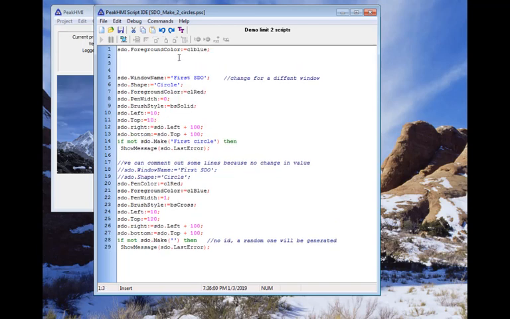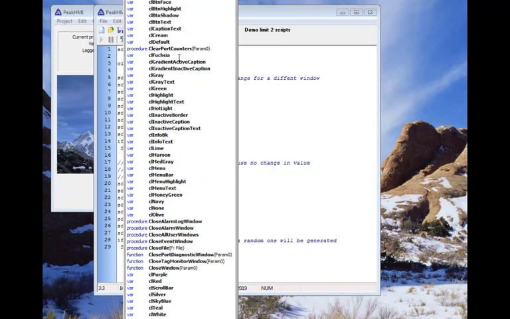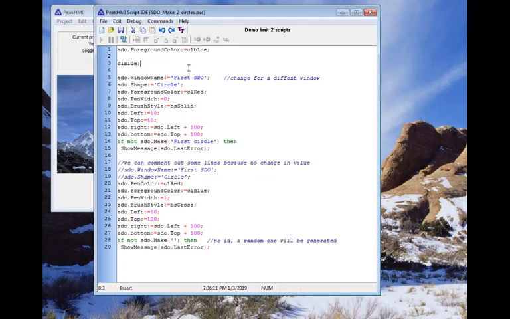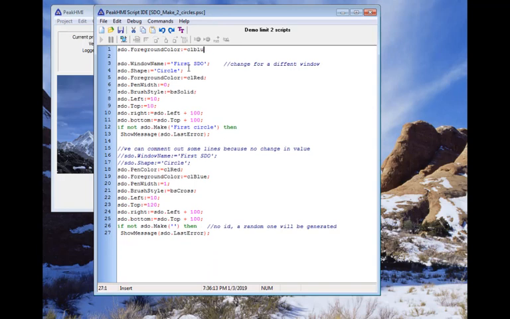If we didn't know it was CL blue, we could type CL and then Alt spacebar, and it will list all properties and functions that begin with CL. So we could select blue, and that would be that. You can also